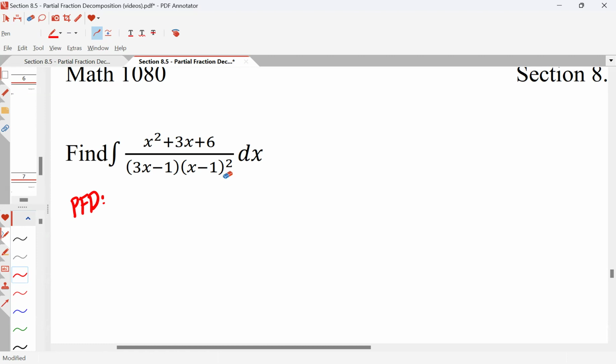And when I laid out the steps that we're going to go through, there was a comment made that said building the powers, that when the powers are repeated, we're going to build them up. Every factor will get a fraction. What that means here is there's actually three factors. There's one of this 3x minus 1, and there's two of these x minus 1s. So when we start our partial fraction decomposition,